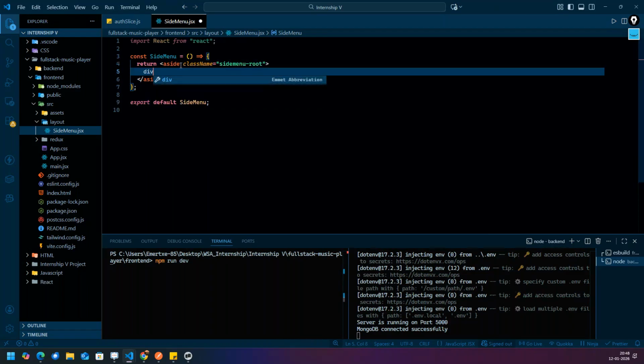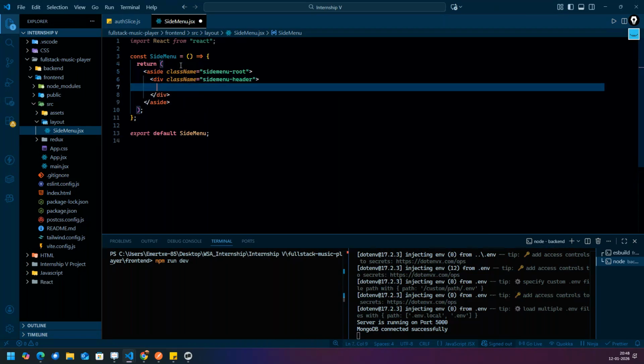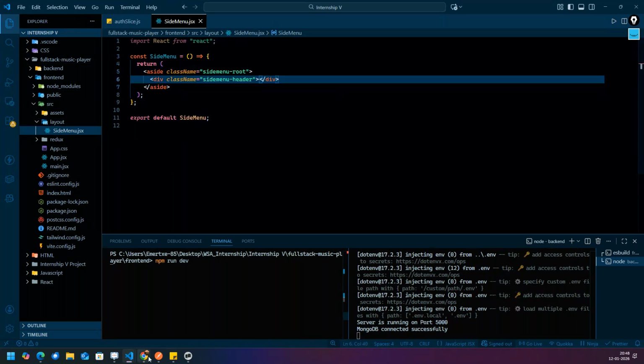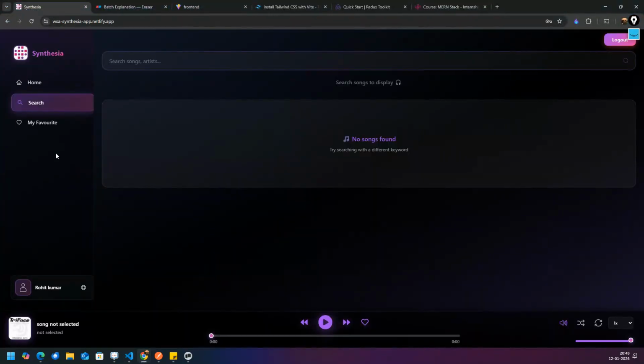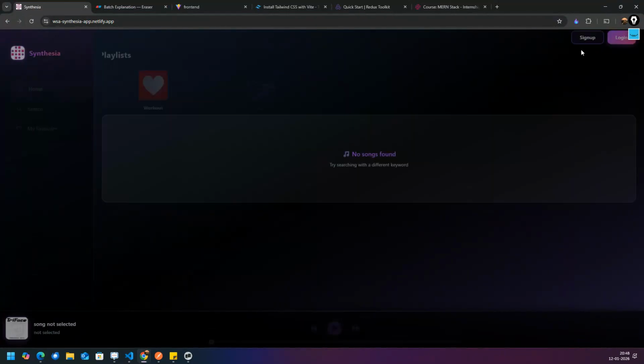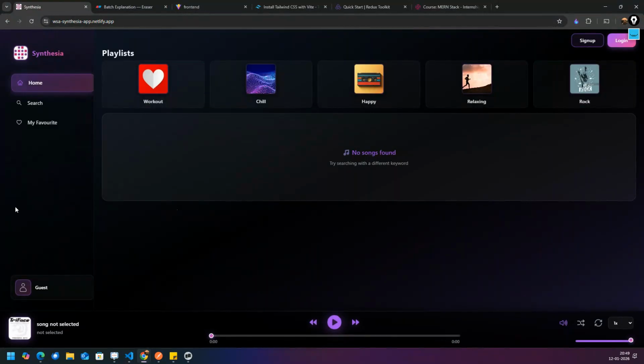Then a div element with the class side-menu-header. Imagine this side of the work we are doing. Go to the home page. So on this side home, search, my favorite will come, the guest logo and everything will be coming over here.